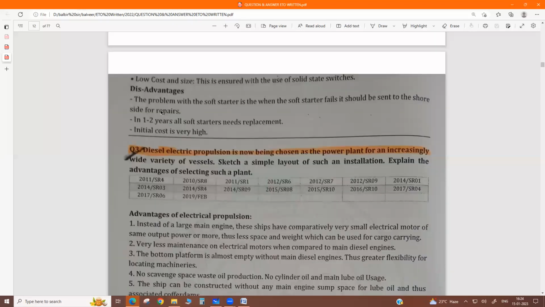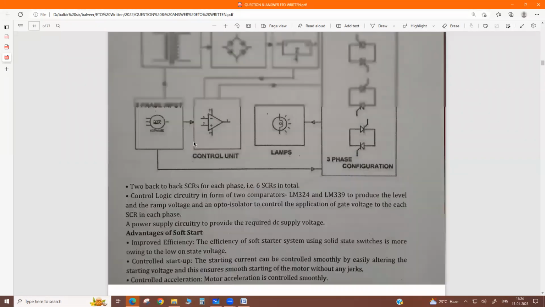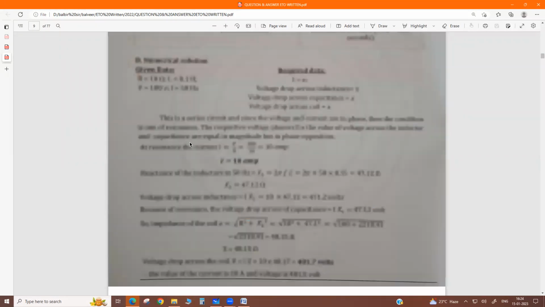Okay, during running condition. Disadvantage: because a soft starter is a solid state device, they fail. They are not repaired, they are only replaced. And it is also highly costly. Correct? Next is